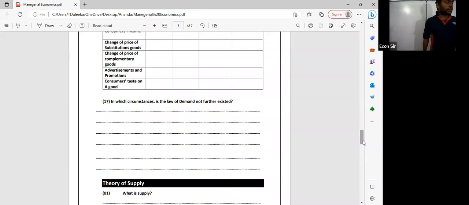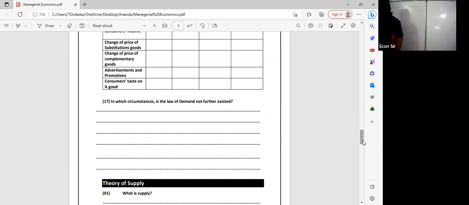The theory of demand, or the law of demand, its pattern is normal. When the price of a good increases, the demand for the particular good will be reduced. That is the pattern. Now see, price of